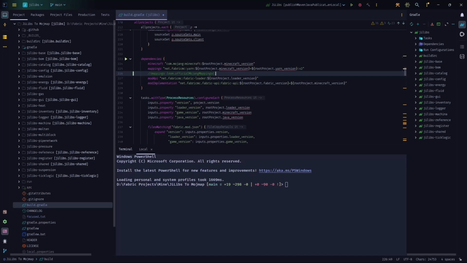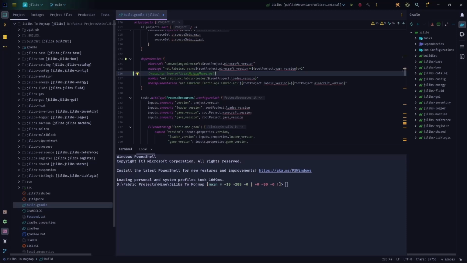So first step, run a command, let it finish. Second step, make sure that your code is translated properly, class by class, method by method, replace the files, and then the whole thing is ready to run. Finally, comment the Yarn mapping, uncomment the Mojang mapping, resync your Gradle, and from that moment forward, hopefully your project is ready to go. Now, maybe in a few weeks later, Loom will start adding something in their toolchain, and